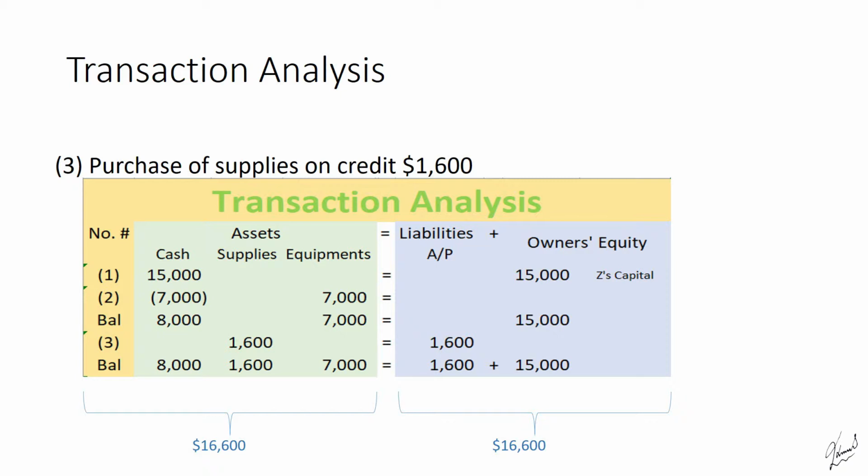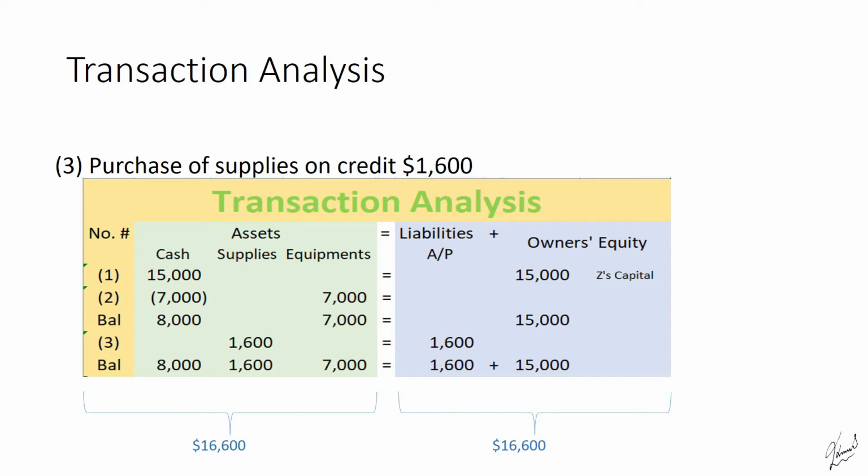When it is already due and we do not pay it right now, we keep it for later, it is called a liability. So under the liability section we have put a new column called accounts payable,